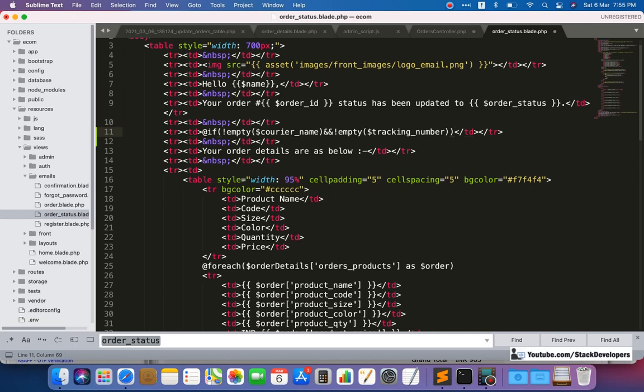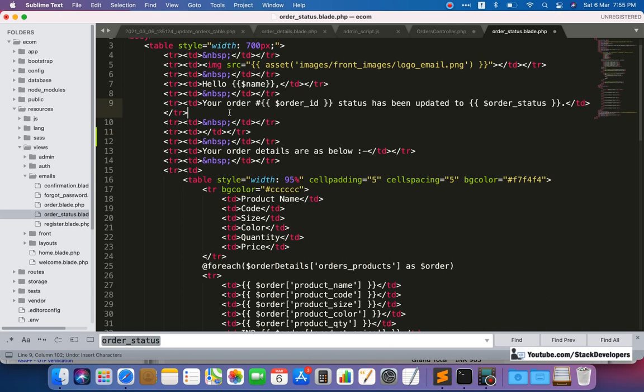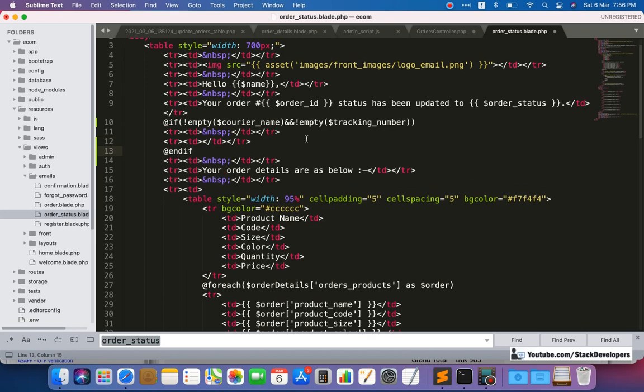So if both are there, what I am doing, here we are going to add this condition, and here like this, and here we are going to add courier name is, and tracking number is this one.